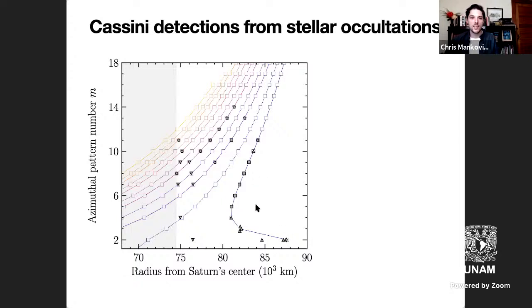So each one of the detections on this diagram is one of those little plots. If you zoom in by a factor of 1,000 to 10,000, each one of these detections is a little wiggle that is a wave, and its location is a resonance, and that resonance gives you a frequency directly. I should mention that I am not the observer. I am the theorist, but observers like Matt Hedman, Phil Nicholson, and Dick French really did the incredible work that it took to pull out all of these, in many cases, extremely subtle waves out of just stellar occultation data. So those are data that are just probing the ring density as a function of space, and they can extract frequencies and M numbers. Those are the observables for ring seismology.